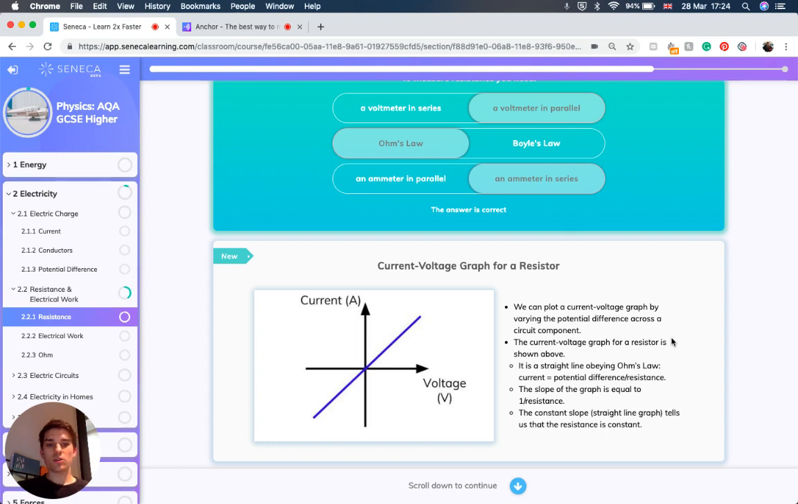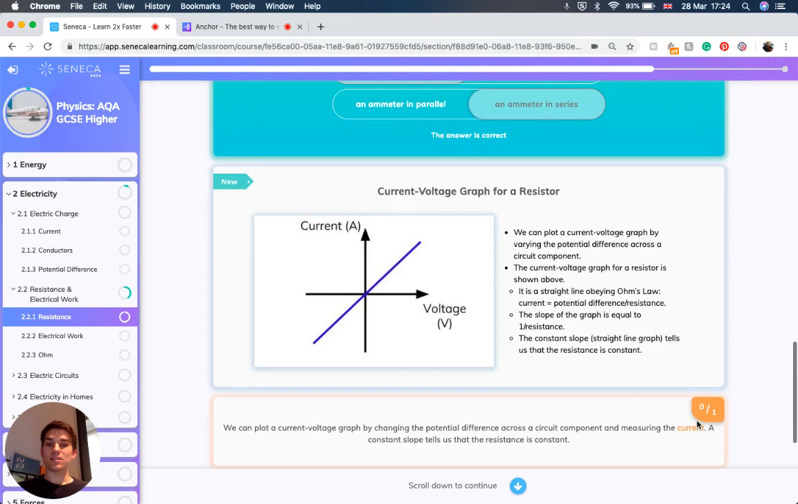Now, we can plot something called a current voltage graph by varying the potential difference across a circuit component. The current voltage graph for a resistor has some features that you need to know about. First of all, it's a straight line which obeys Ohm's law, which is current equals the potential difference divided by the resistance. The slope of the graph is equal to 1 divided by the resistance,